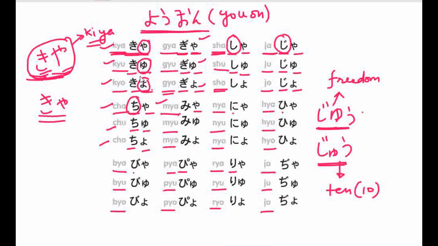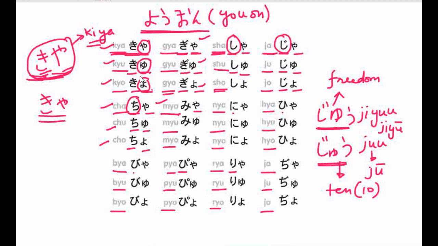So here the pronunciation will be jiyu, like this. But here the pronunciation will be like ju, like this. So these are also written like juu, like this also, and this is also written like this, with a bar on the u. So this is how the long u changes the meaning also. So be careful while studying long u.